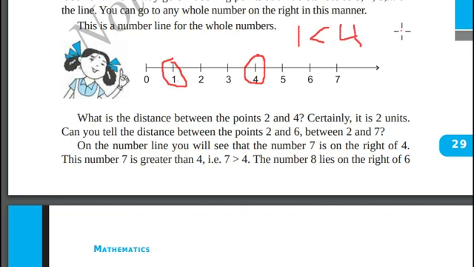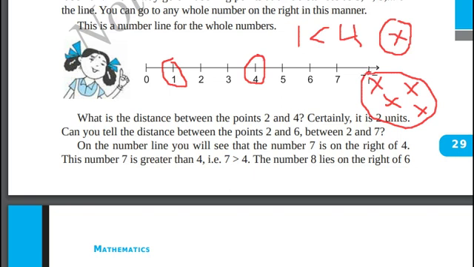Say you are given 1 chocolate and you are given 4 chocolates. Say for instance, there is 1 chocolate in one basket and 4 chocolates in the other basket. In which basket do you find more chocolates? Of course, it is the second basket, since it has 4 chocolates. Whereas in the first basket, we have only 1 chocolate. 1 is less than 4.